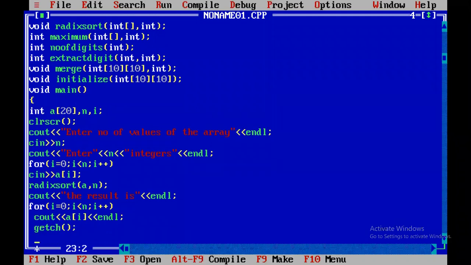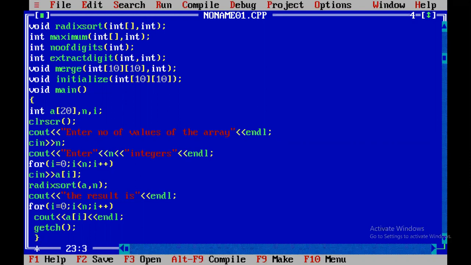This is the main function we are using. In the main function, we just read the values, then call the radix sort function, and again print the output. These are the three parts in the main function. First, input: enter n numbers. Then I call the radix sort function. Finally, print the output.